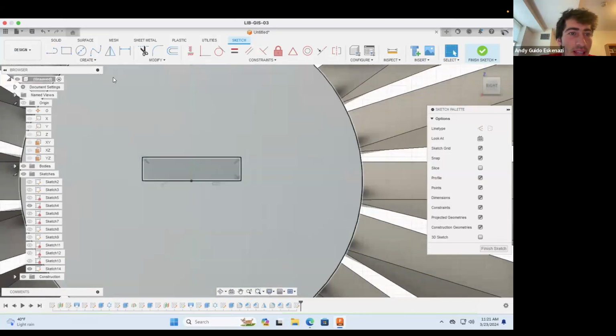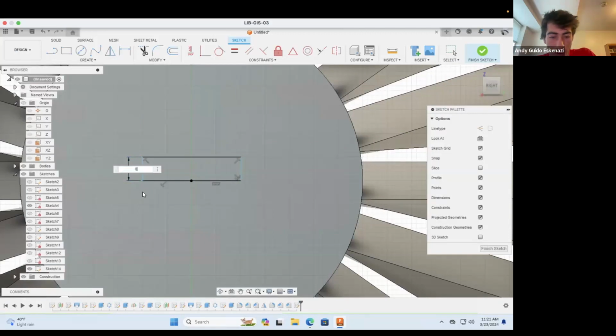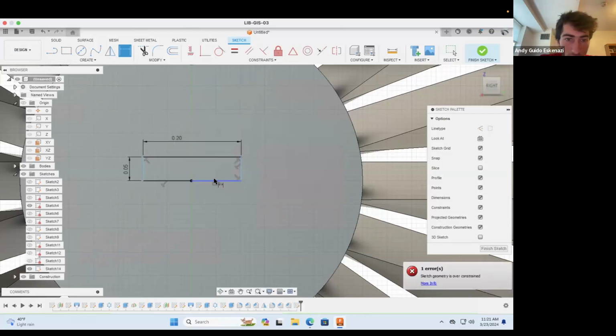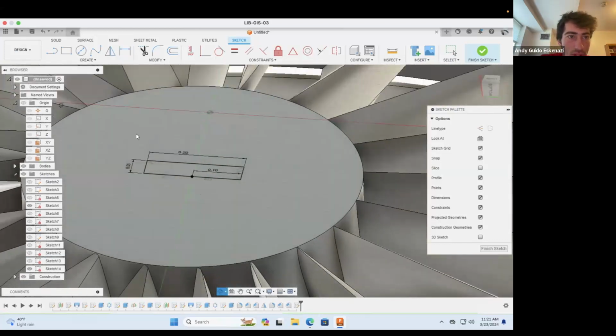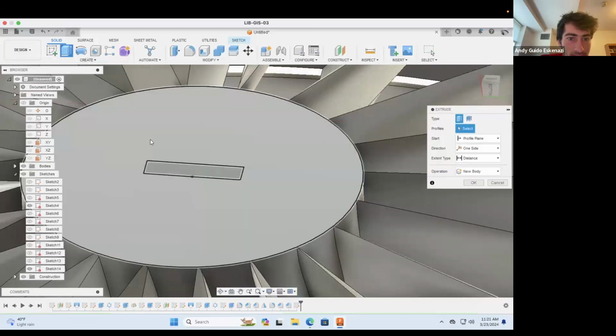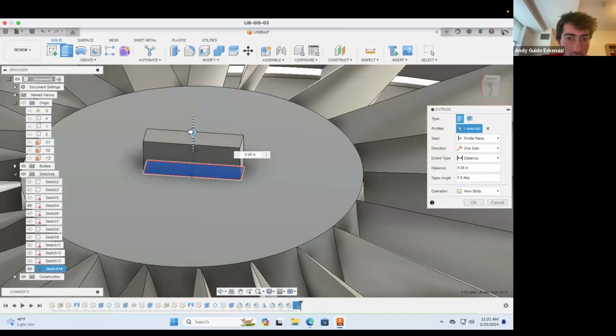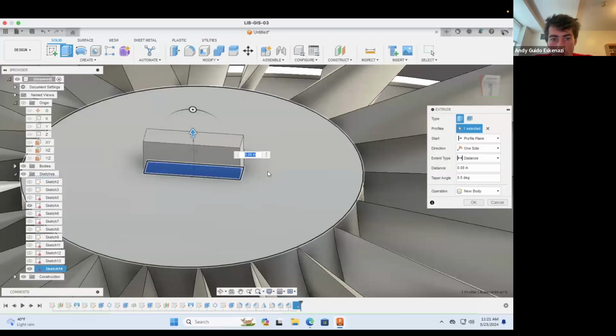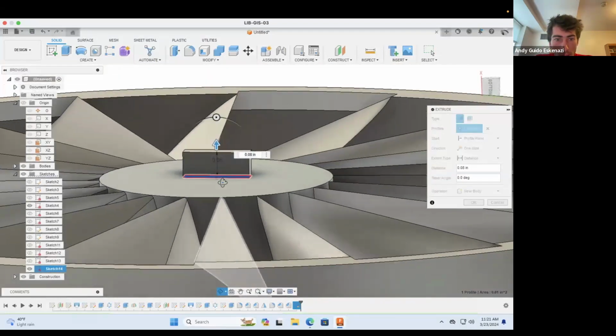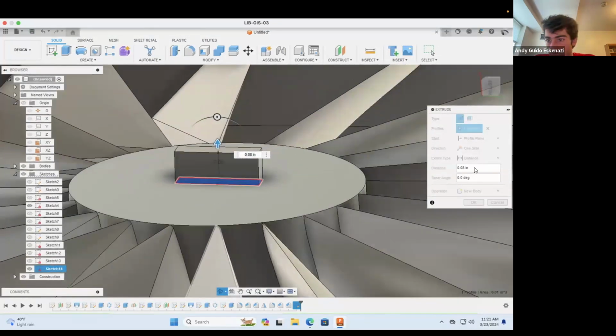I'm just doing a little rectangle that happens to be halfway through there because it will prove to be useful. There are some things about plane creation in Fusion that I'm not the fondest of. It's not as straightforward as it would be in SolidWorks. But suppose that I would want that piece to be, actually, I don't need to, I can just make this be